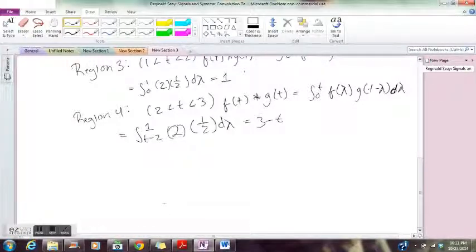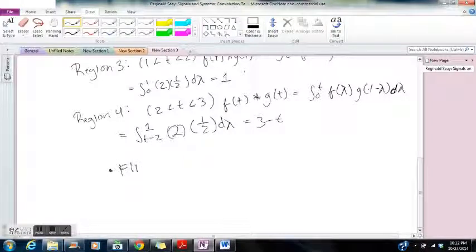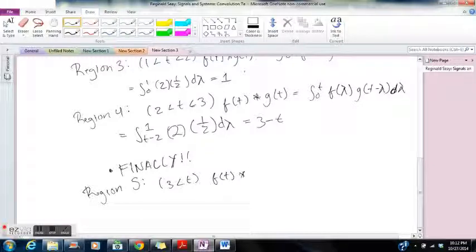Okay, so finally we made it to the end. Finally, we're at our region 5. We made it to region 5. Woo! Okay, so for our region 5, we can say it's 3 less than t, which is f of t convolved with g of t,